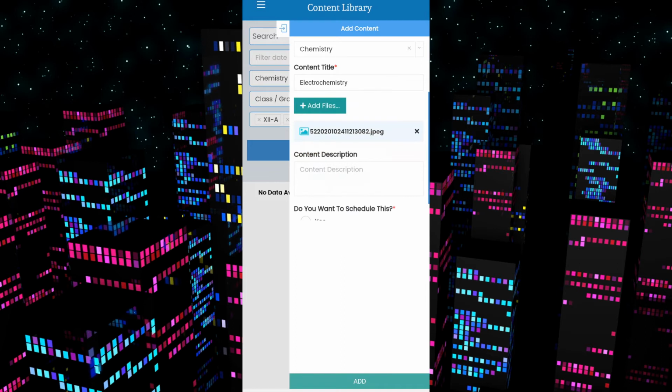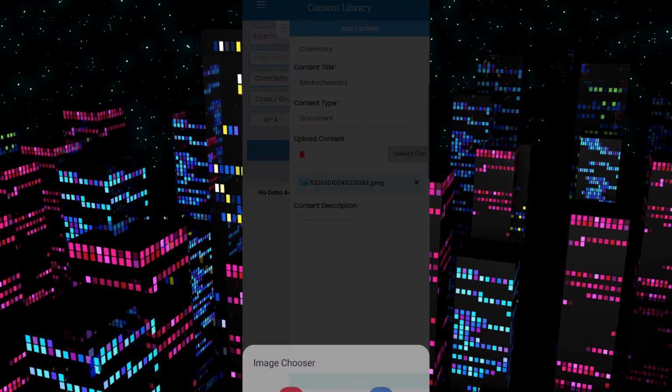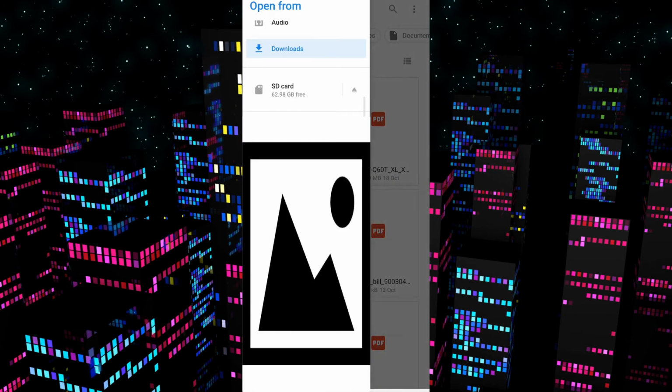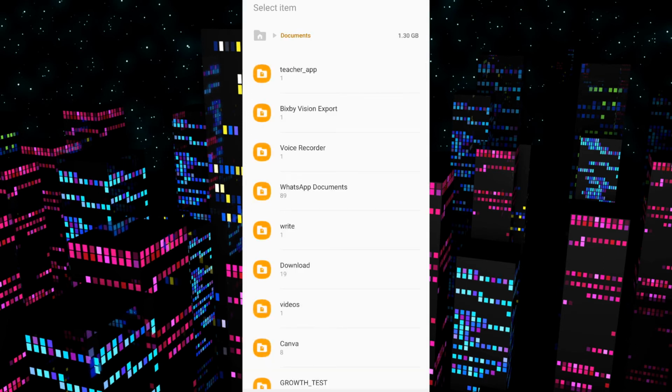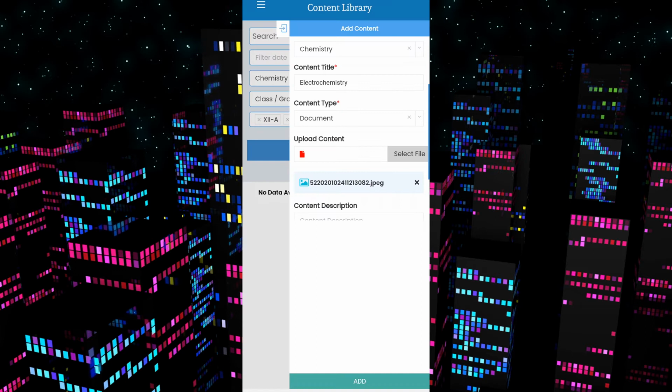Then I am going to add one more file, that is document. Again select file. I am going to share one PowerPoint which I taught during the class, which will be stored in my files. I am going under documents, WhatsApp documents. Then I am choosing the PowerPoint we have done.